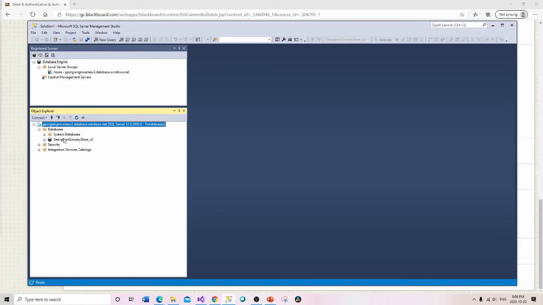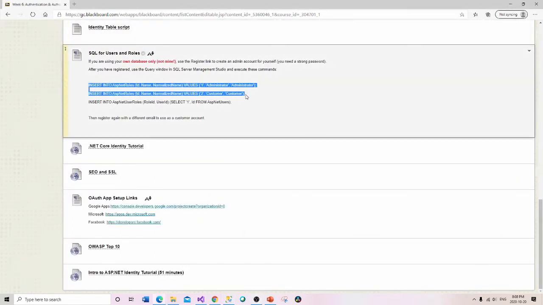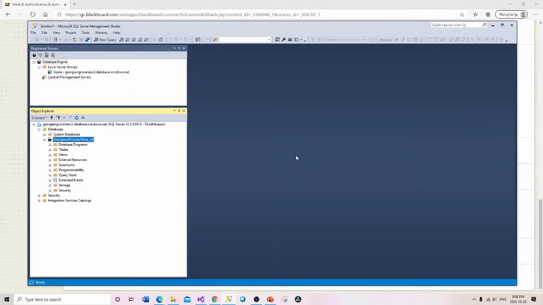Okay, my databases, and there it is. So I need to be connected into Management Studio, either through Azure or through a local server. I'm going to go into Blackboard, and I want to actually copy and paste these two specific lines. I'll just highlight them, Control C, and I'm going to go into Management Studio,